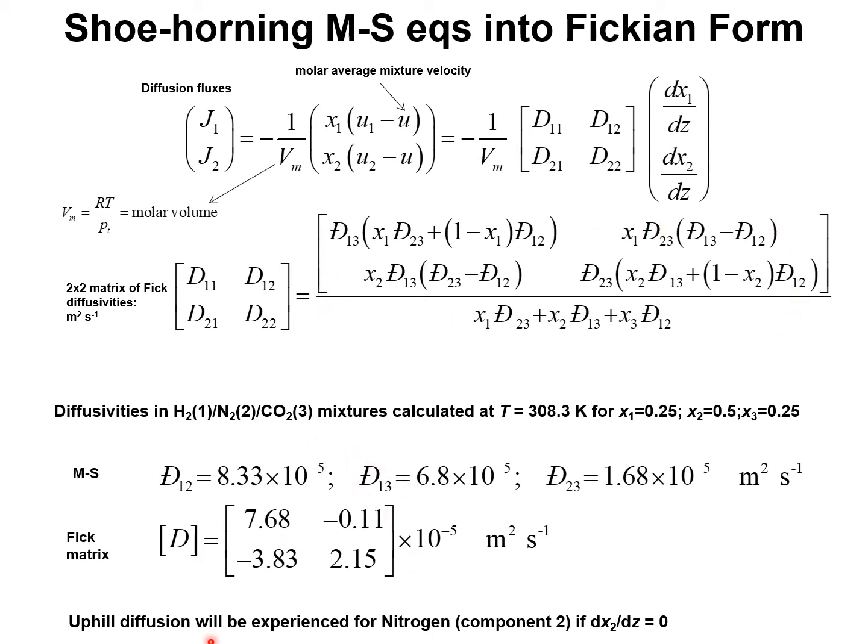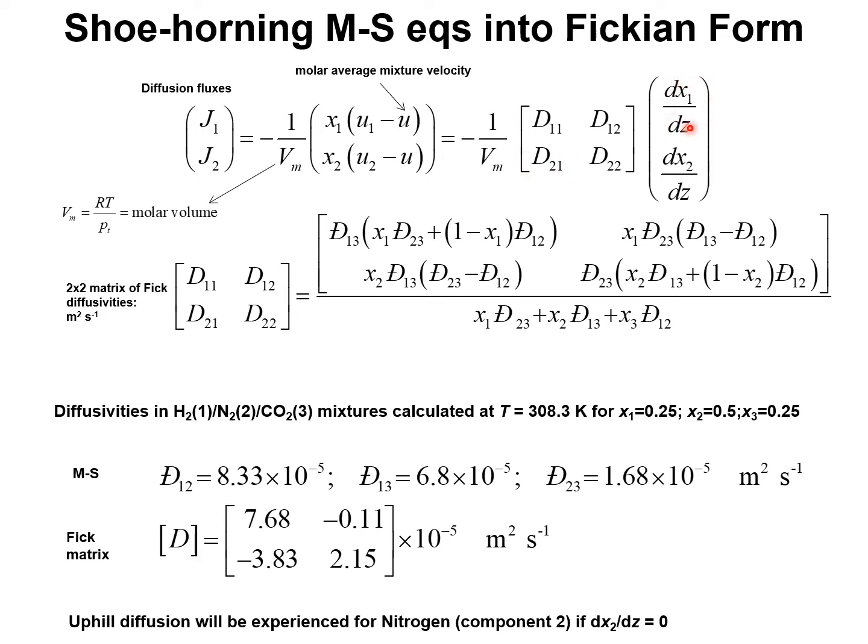Using this expression, we can calculate the matrix of the Fick diffusivities as follows. It's interesting to note that the cross coefficient here, D21, is minus 3.83, whereas the diagonal element here, D22, is 2.15. This implies that if we have a situation in which the gradient of the mole fraction of component 2 is 0, which is component 2 is nitrogen, then the flux of nitrogen J2 will not be 0 because it will be dictated by D21